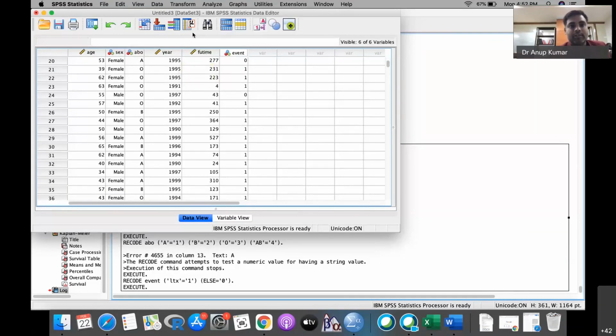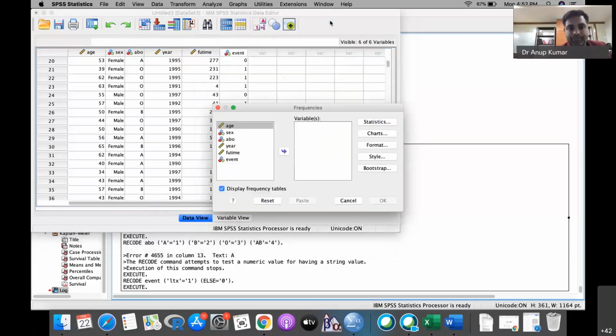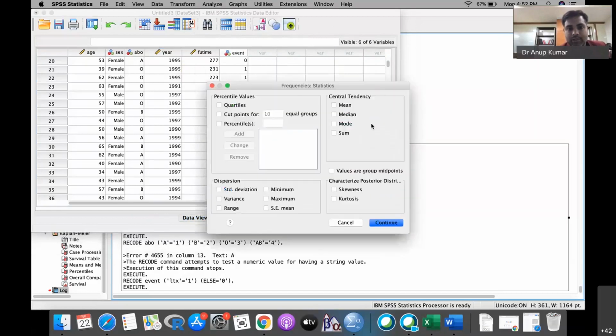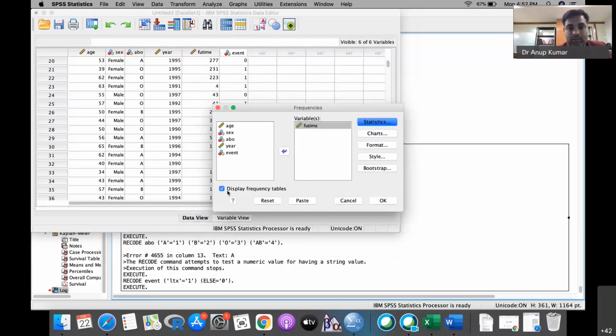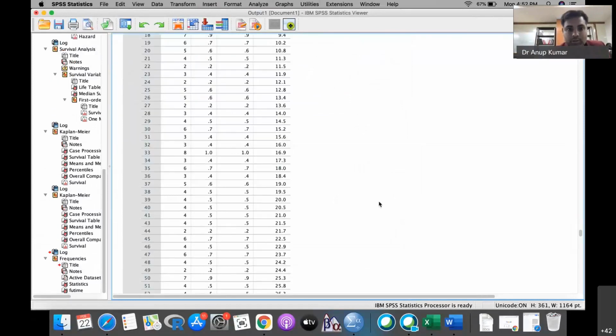So first of all, we will try to understand what is the distribution of the time. Okay, so the statistics is quartiles. I need the mean, I need median, and I need the maximum and the minimum. That's it. And then, so this is the summary statistics.